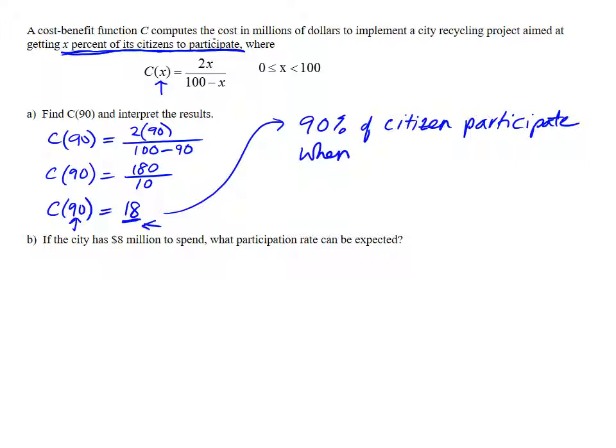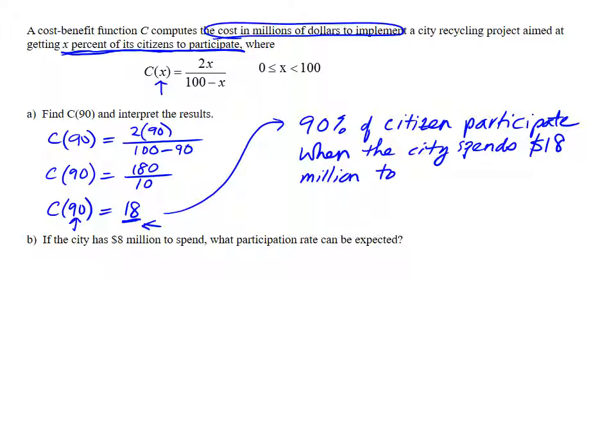The output is the cost in millions to implement the recycling project. So 90% of the citizens participate when the city spends $18 million to implement the project. Probably a lot of that has to do with educating the public